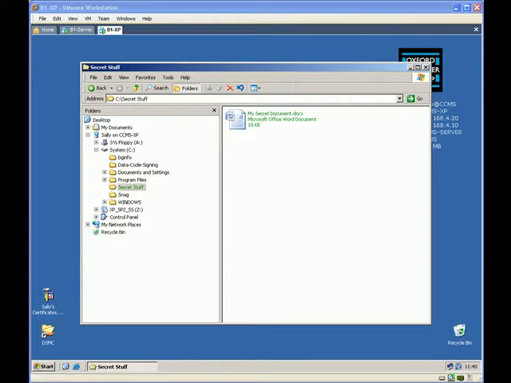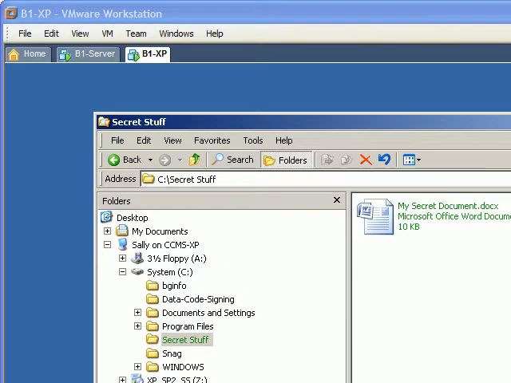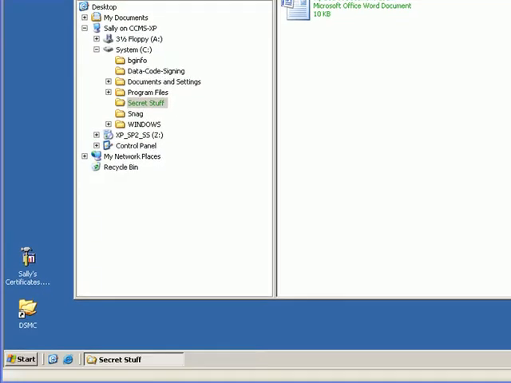She's left some documents behind which have been encrypted, and for whatever reason there's a requirement to access the content of those documents, and that's the scenario which we're going to focus on for the remainder of this demonstration. Just for utmost confidence, I'm going to delete Sally's EFS certificate and the corresponding private key. So I'm going to open up her certificate store,